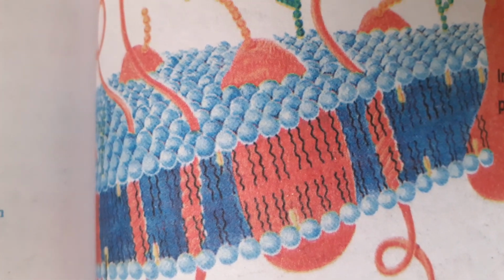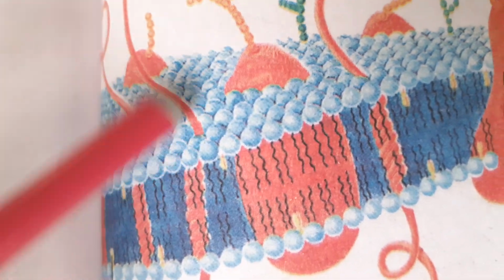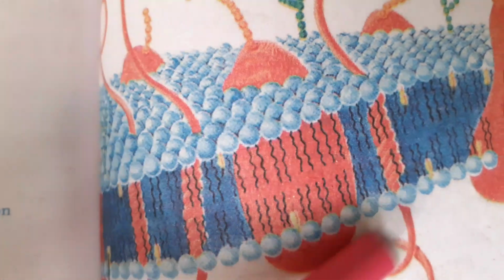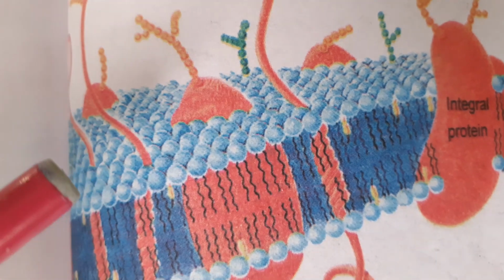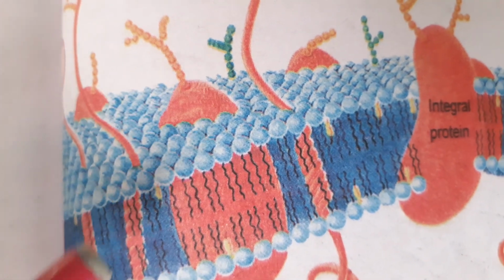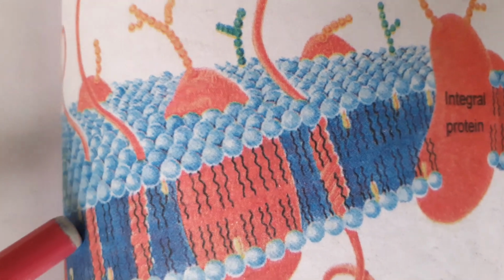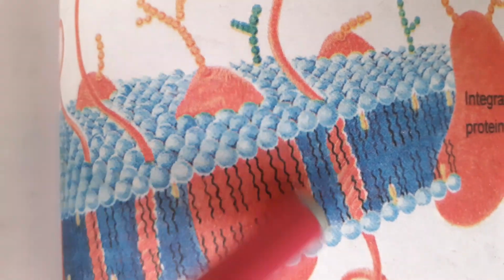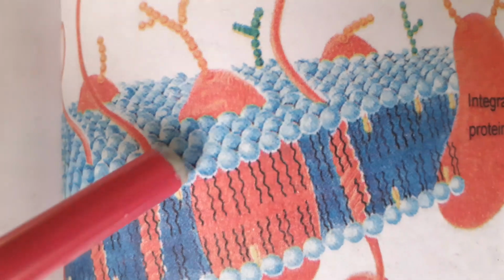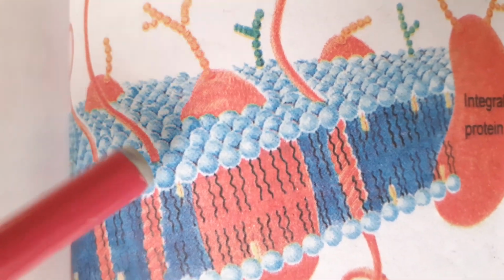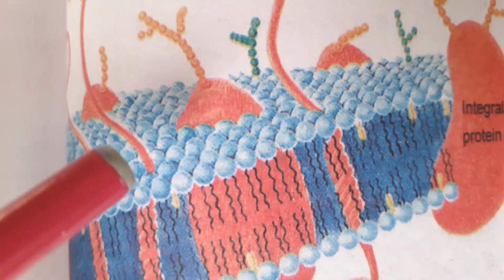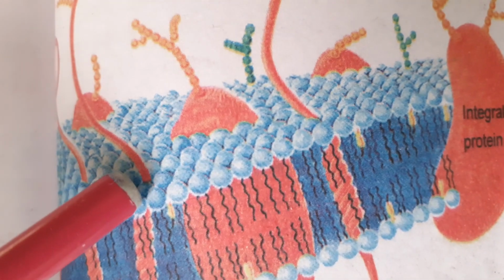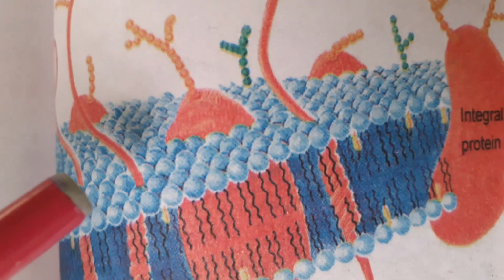Another important thing is the function of the plasma membrane, this structure, the lipid bilayer, all this we are studying. Coming to the function of the plasma membrane: the plasma membrane is found to be the external layer in the case of RBC. RBCs are also surrounded by a membrane like the plasma membrane. So many of the living cells, which are eukaryotic cells, are made up of this plasma membrane.